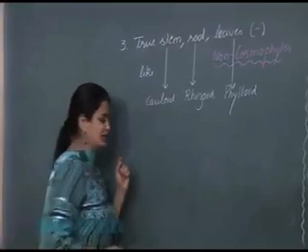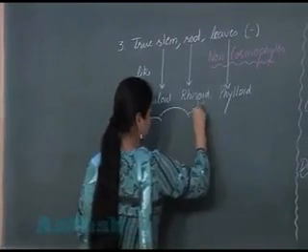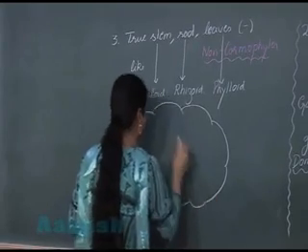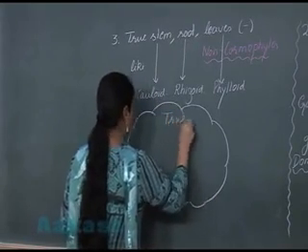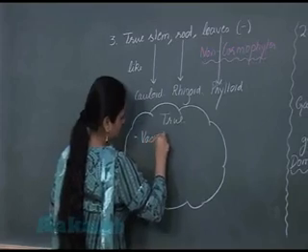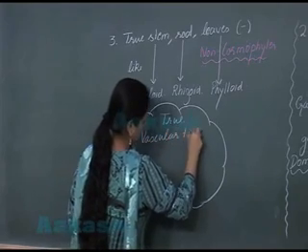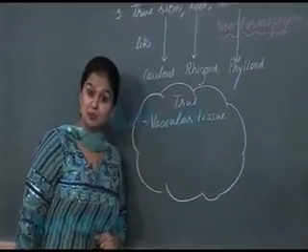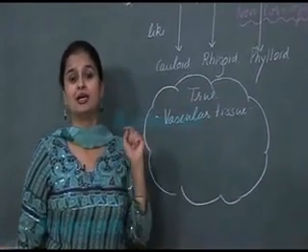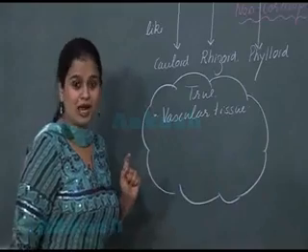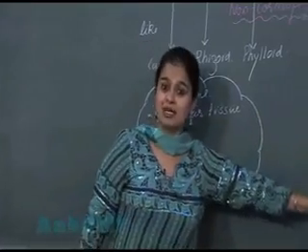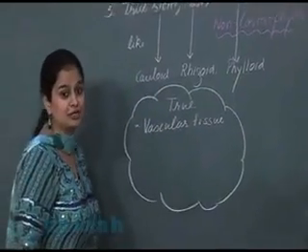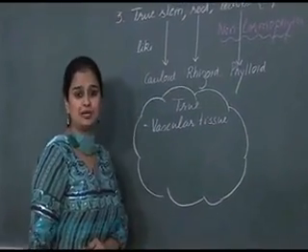Now the first condition, the first feature for the true stem, root and leaves, is that there should be presence of vascular tissue. We will call them true stem, root, leaves only when vascular tissue is present inside them, and you know that in the bryophytes the vascular tissue is absent. Vascular tissue is absent, that's why they are known as